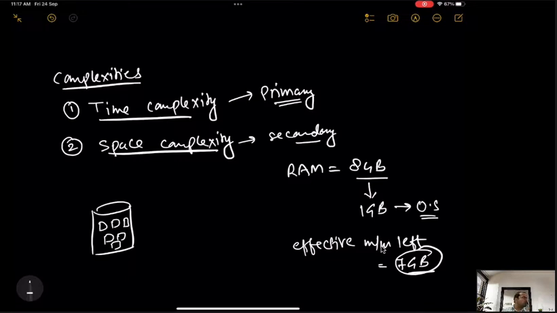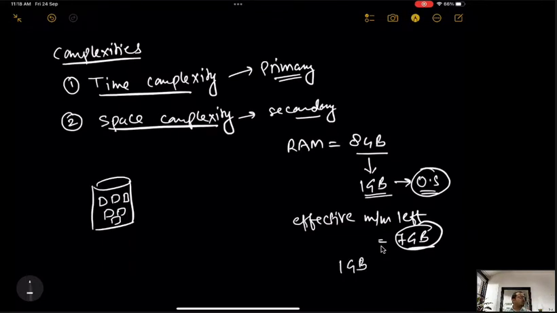This whole topic is a whole subject, that is operating system, and you will learn that subject in your 5th semester. Right now what I am teaching you is, in my RAM, 1 GB is acquired by the operating system, and there are some processes which the operating system needs, and for that I also need some space. Let's say for all those processes 1 GB is acquired. So what is the left memory? The left memory is still 6 GB.